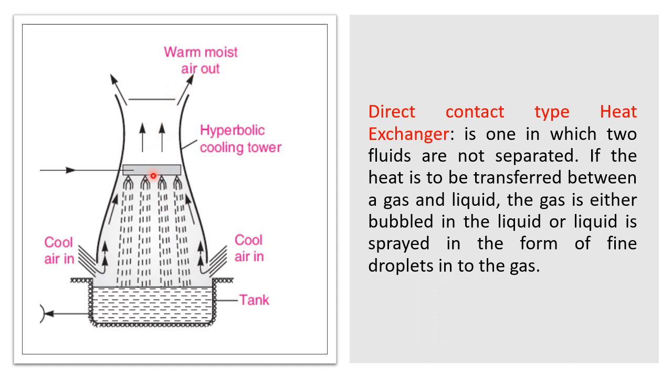So here you can see that this droplet of the hot water is coming in direct contact with this air. For that purpose it is called the direct contact type heat exchanger, where heat exchange takes place from the hot fluid to the cold fluid directly. Both these are mixing with each other. So after cooling the water, that water is collected in the tank and it is taken out for further process. So next,